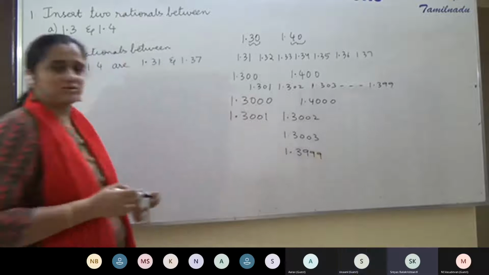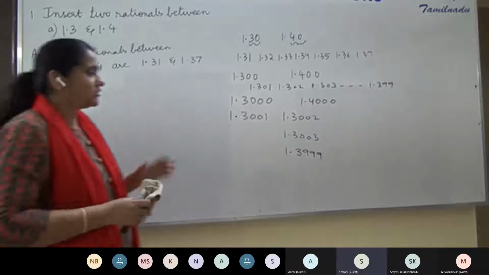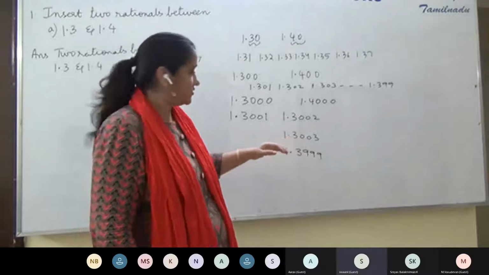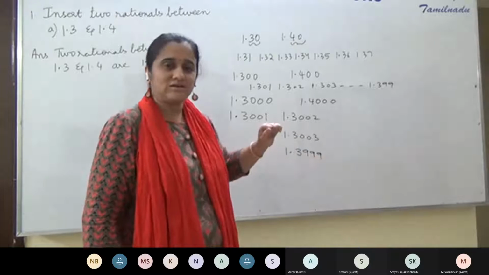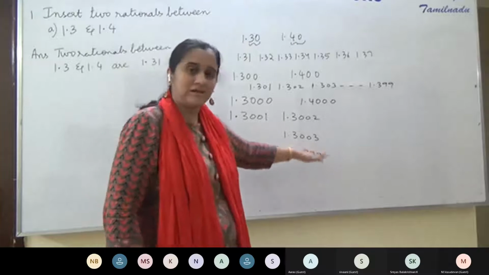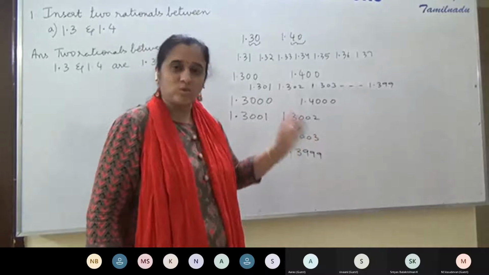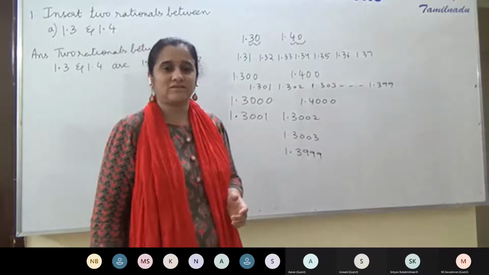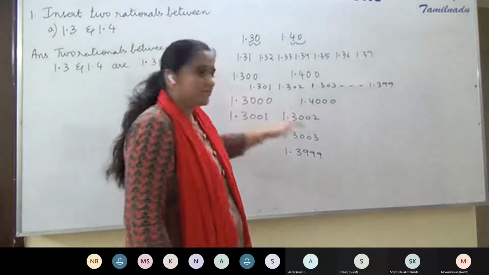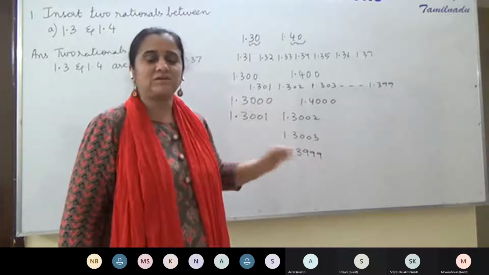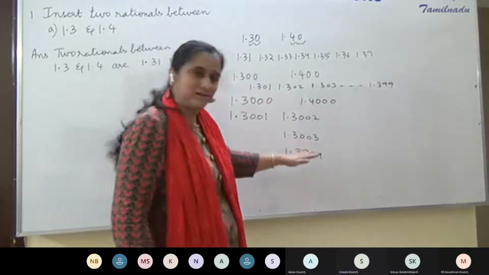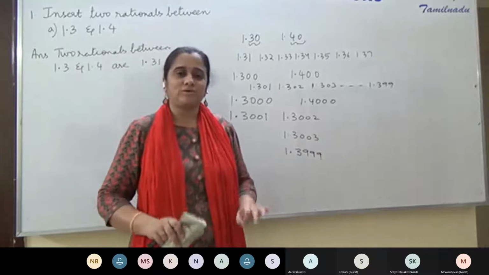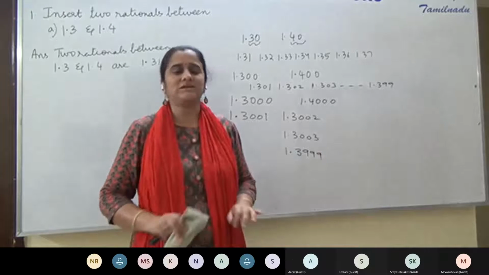So between 3,000 and 4,000, you know the numbers lying between are 3,001, 3,002, 3,003, so on till 3,999. So 1.3999. So like this goes on. This is infinite. Meaning you can take up so many cases like this. And now, why are these numbers rational numbers? Because they have a terminating decimal expansion. 1.3999. That's it. It terminates there.